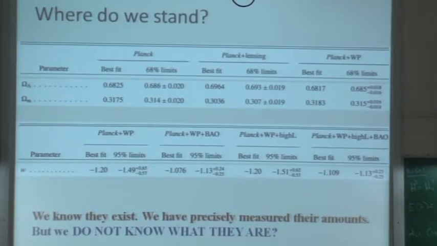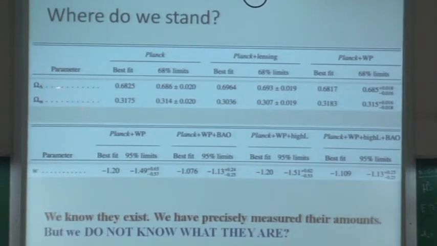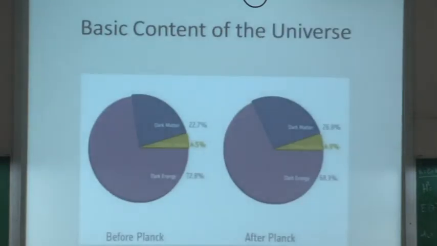But these are the current information. In the very beginning I told you that two things I have to measure: one is w, and the other is omega lambda or omega m. So these are the measurements. w is basically this kind of value that we have now, and this is the measurement of omega m or omega lambda that we have. So this is exactly the current status after the Planck measurement.